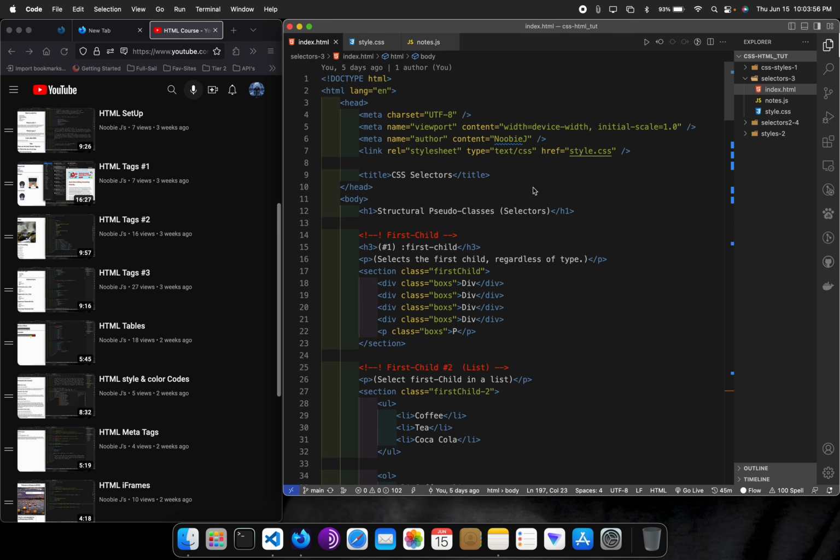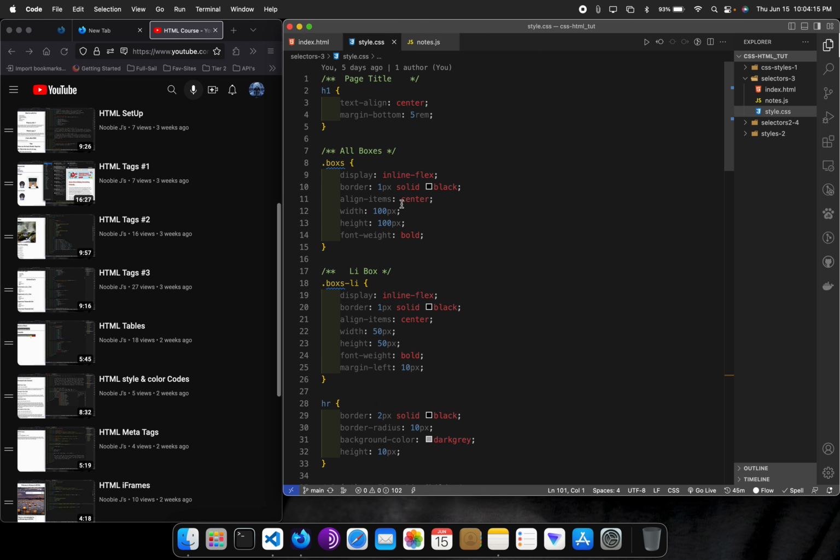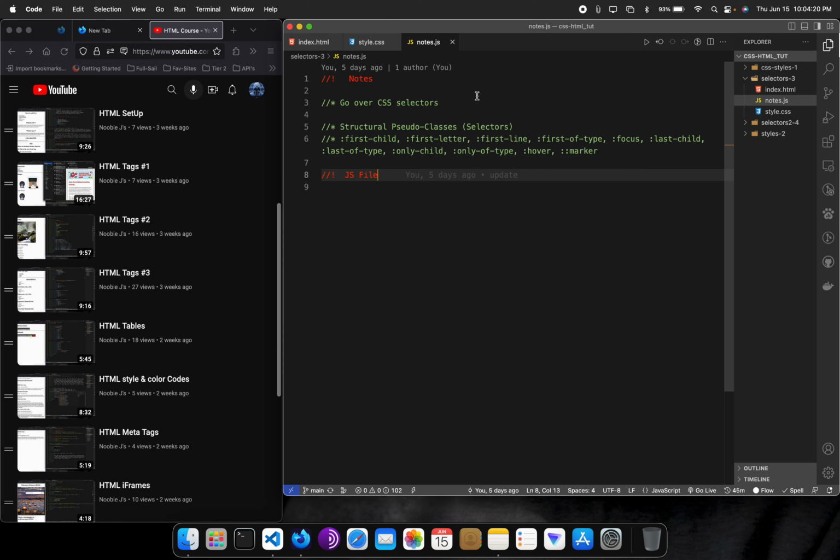And we will be going over CSS selectors. It's very important for CSS and comes in very handy to know. So what we're going to do first off, okay, we're in the Selectors 3 folder on HTML. We will be using an external style sheet for our styling. Okay, we will be going over CSS selectors, which would be structural pseudo classes